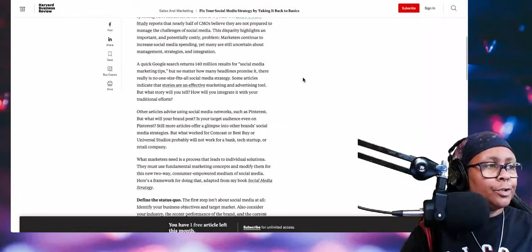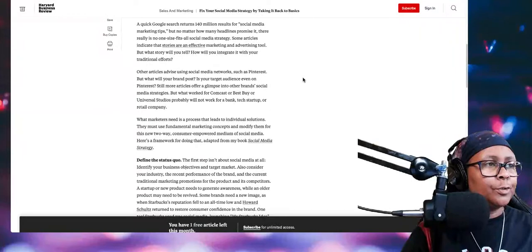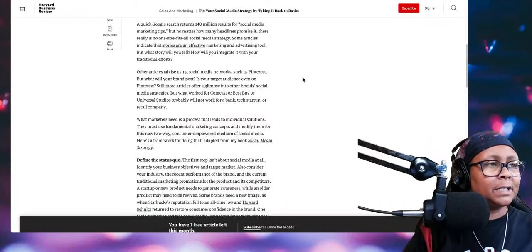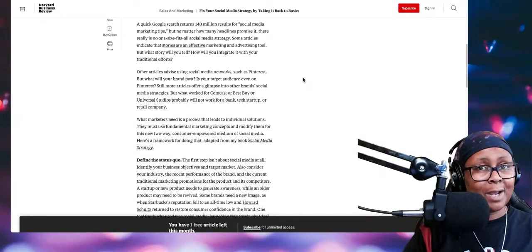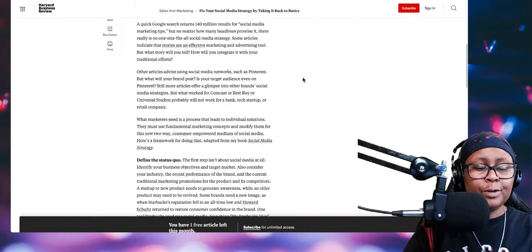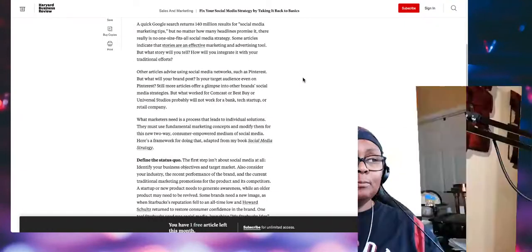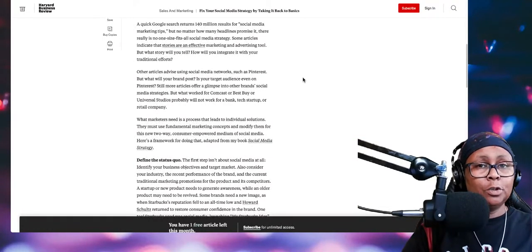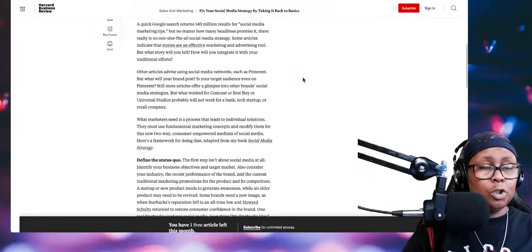A quick Google search returns 140 million results for social media marketing tips, but no matter how many headlines promise it, there really is no one size fits all social media strategy. You get that? There is no one size fits all. You have to build your strategy based on your resources, meaning your employee resources, your financial resources, your content resources.